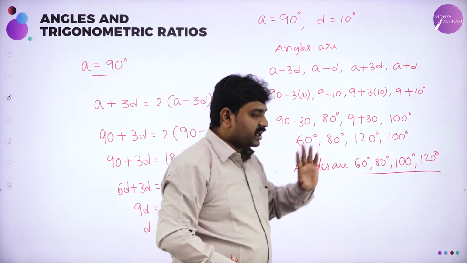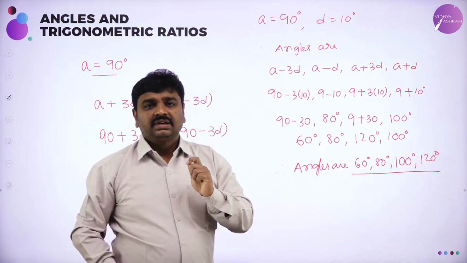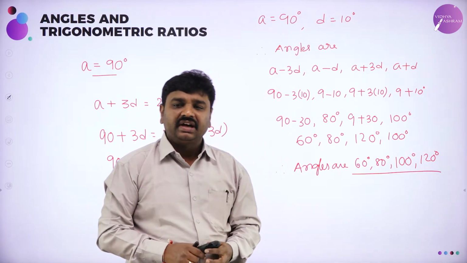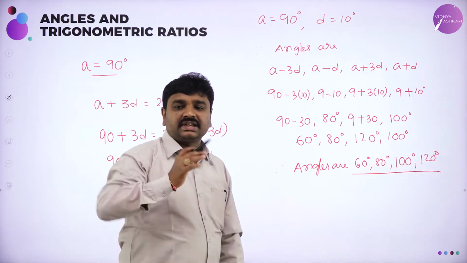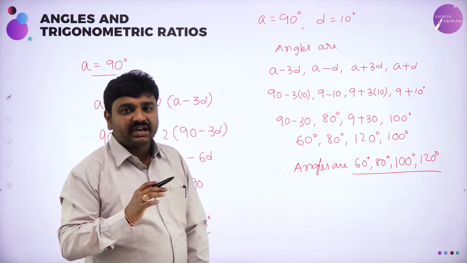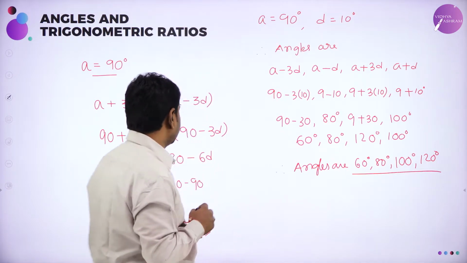Dear students, we got the angles in degrees. They also want you to find them in radians. Now we'll go ahead to find them in radians. How to find angles in radians? In order to find angles in radians, multiply by pi by 180. So now